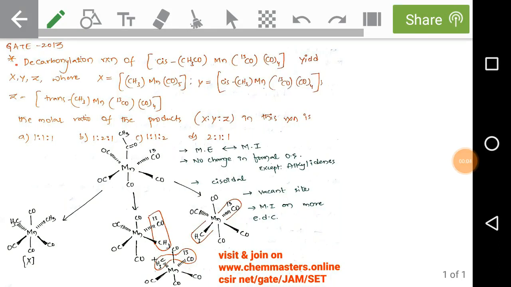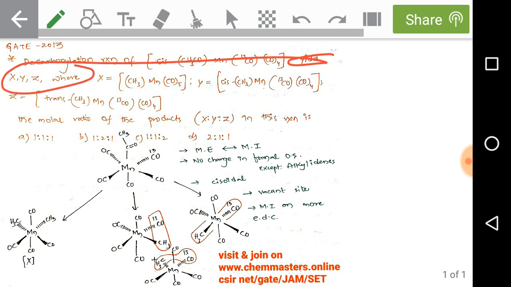Here we are analyzing the chemistry problem of GATE 2013. Just look at the given problem. Decarboxylation reaction of the manganese complex, which is given as a cis manganese complex with 6 ligands. Here 4 CO ligands, that means they are normal CO ligands. One is a C13 CO ligand. So this difference we need to find. And one acyl ligand, which is